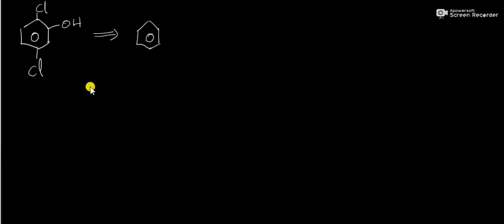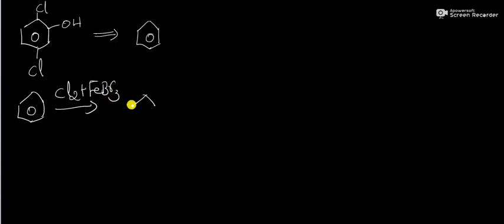Next question, how can you synthesize this compound from benzene? Here, benzene on chlorination with FeBr3 will convert into chlorobenzene.